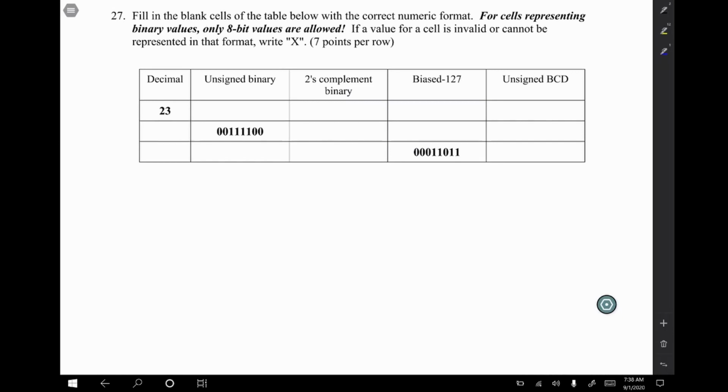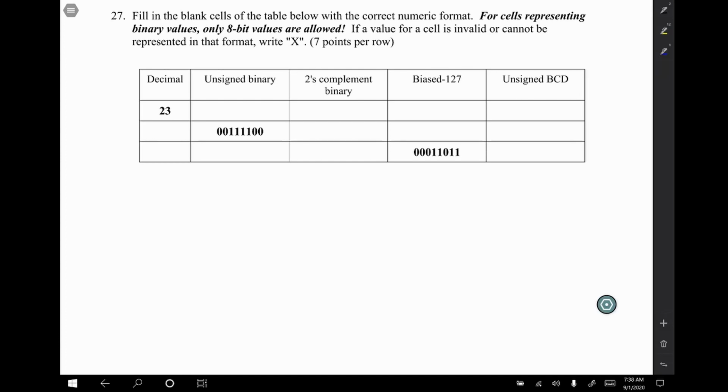All right, now for a biggie. Now on the tests, on the paper test, notice that there are 7 points for each row. That's a total of 21 points for one problem. Must be important. Well, it is important, and I do want you to be able to understand going back and